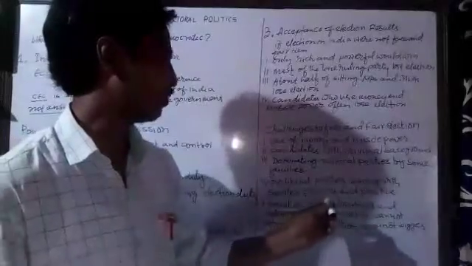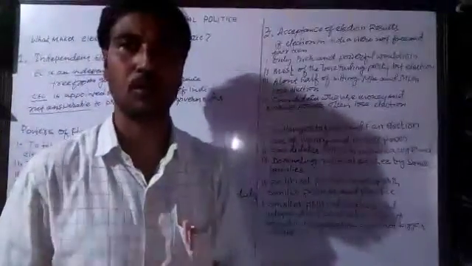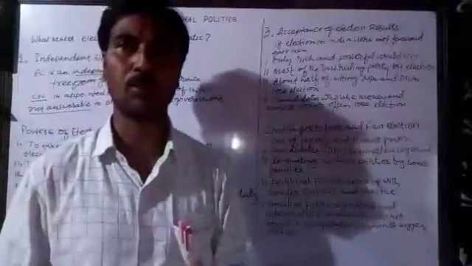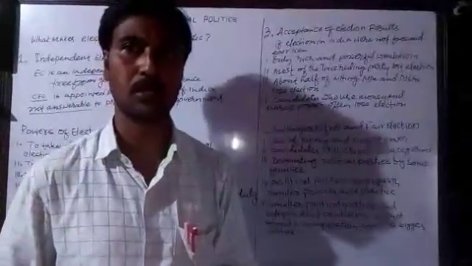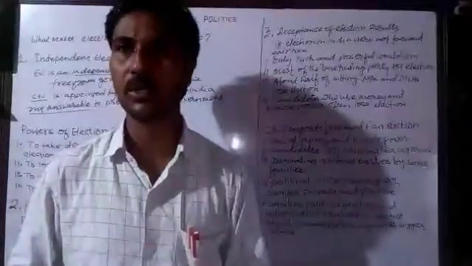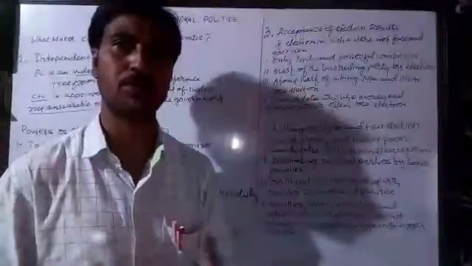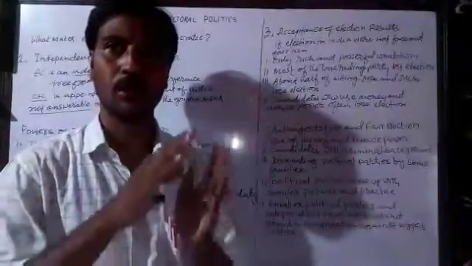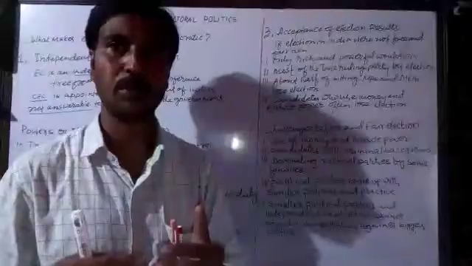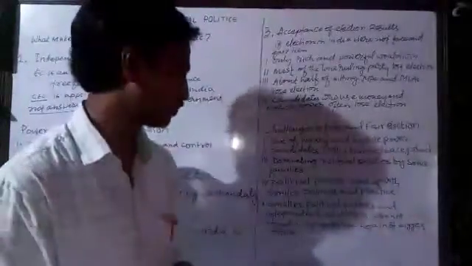Fourth number, political parties come up with similar policies and practices. This is one more problem: though we have many political parties, still people do not have a proper choice. People do not get a proper choice, which means almost all the political parties come up with the same policies, same practices. Therefore, the people of India do not find a proper choice to select the best party.